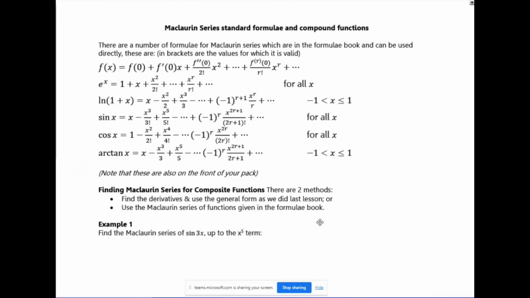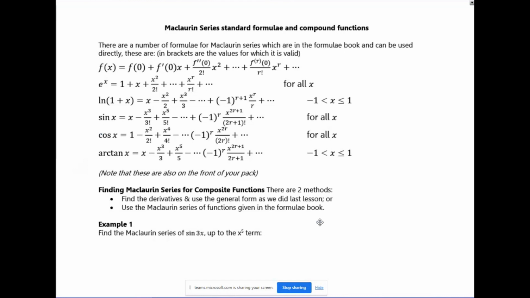Now, sometimes you need to do it from scratch using derivatives, and sometimes you are able to use compound functions, or the standard functions. Generally, the standard functions ones are these ones on your formula sheet here. So the e to the x, the ln 1 plus x, the sine x, cos x, arc tan x. Notice that the ln 1 plus x is necessary for this because